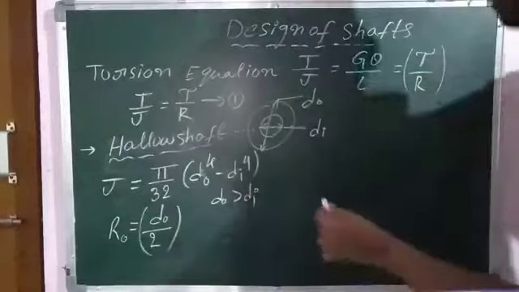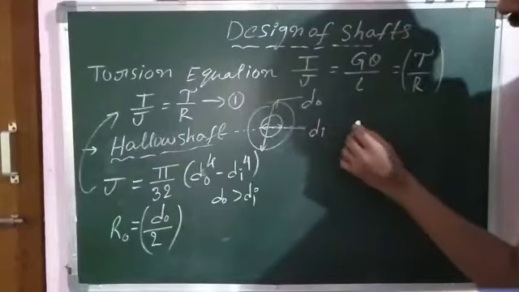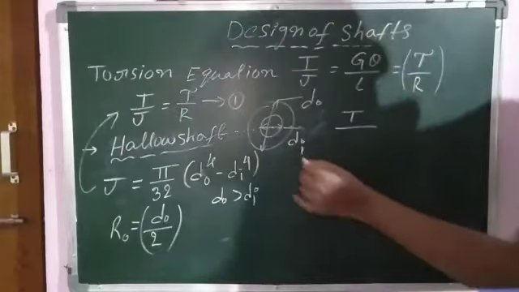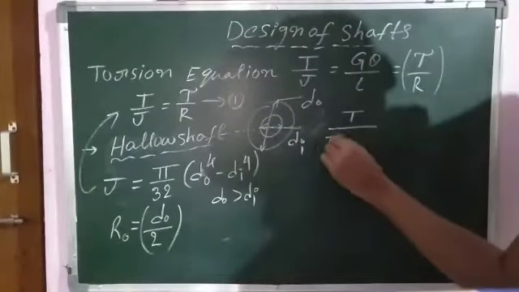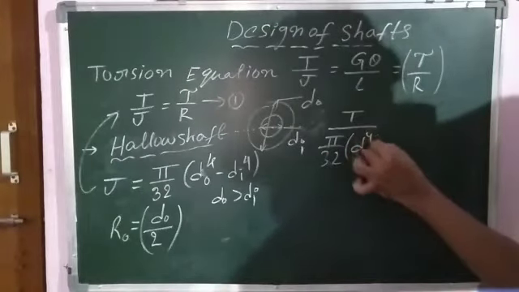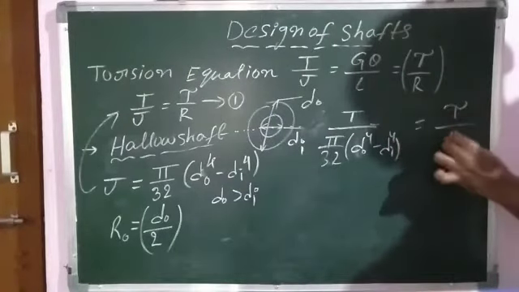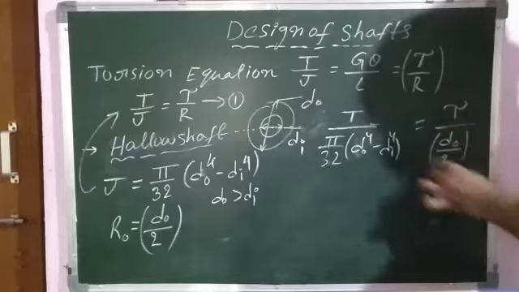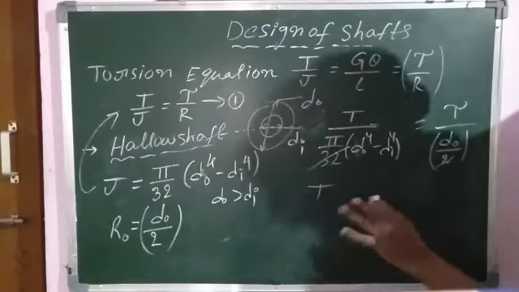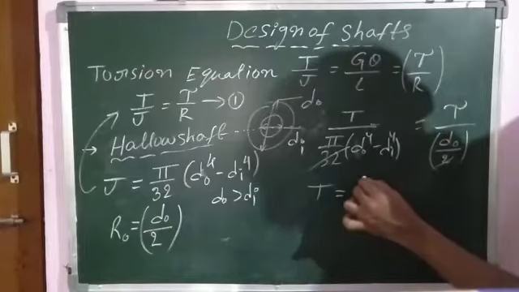Fine. Then substitute these two values in equation 1. So it becomes T by J, so pi by 32 into d naught power 4 minus di power 4 is equal to tau by r, so instead of r, d naught by 2, outer diameter divided by 2. Then T can be written again as